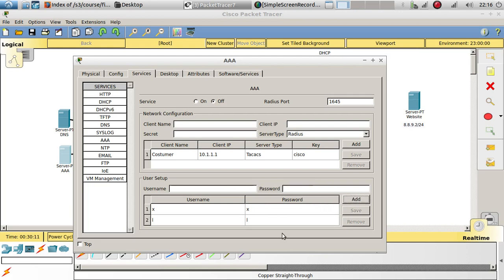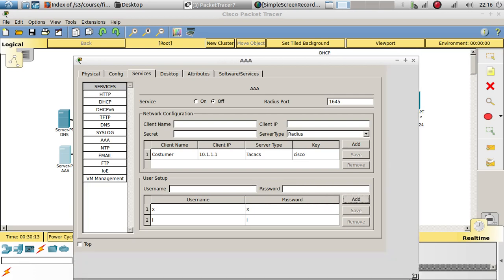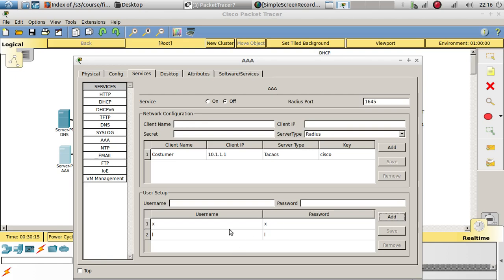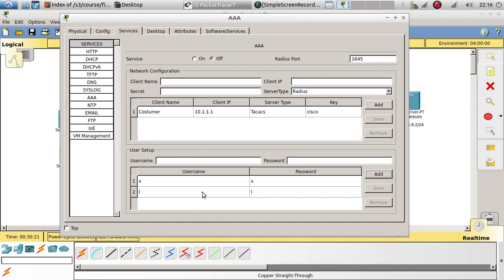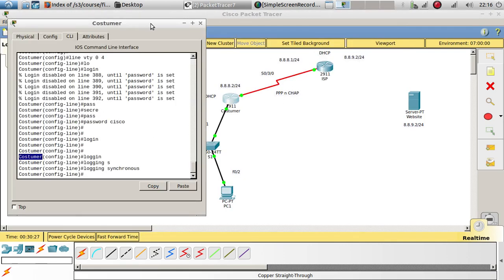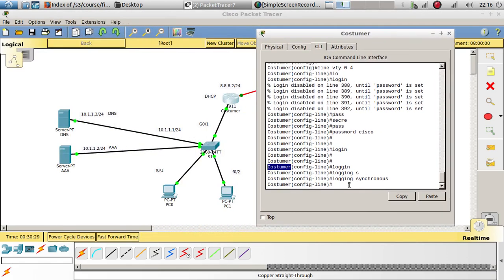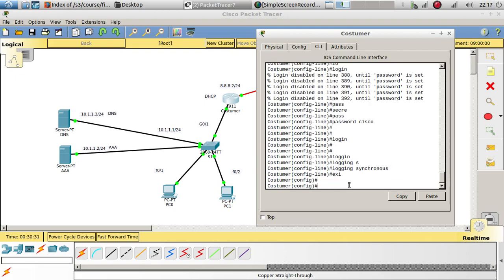And as you can see, we can add as many usernames as we want, and that way we can have different people configure the router at the same time with different usernames and passwords. Okay, now let's go ahead and configure that on the router. We can do exit,